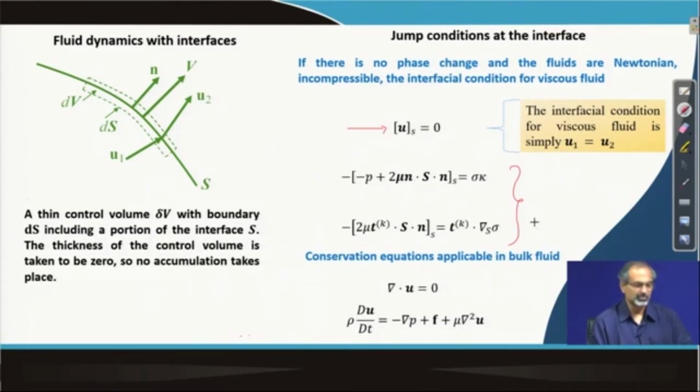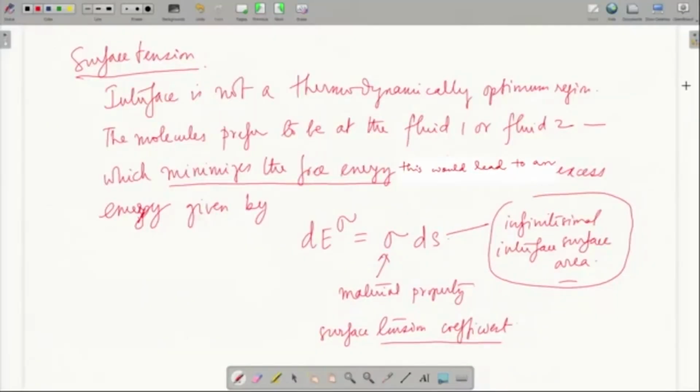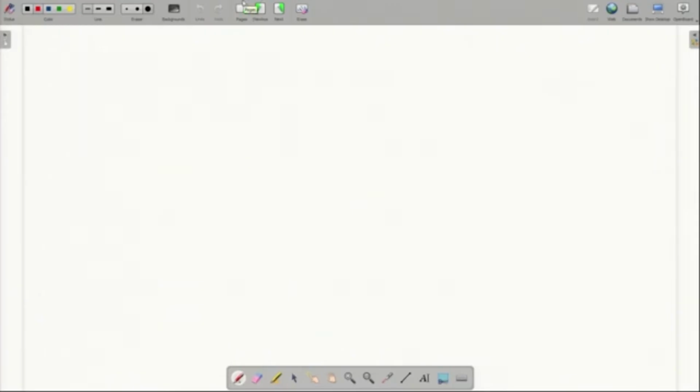So, we briefly introduced the concept of surface tension in the previous lecture, where you will recall that we introduced the concept of the minimization of free energy, and that expression included the surface tension coefficient and the infinitesimal interface surface area. So, let us proceed with expanding this concept a little further. If we look at the mechanical viewpoint, from a mechanical point of view,